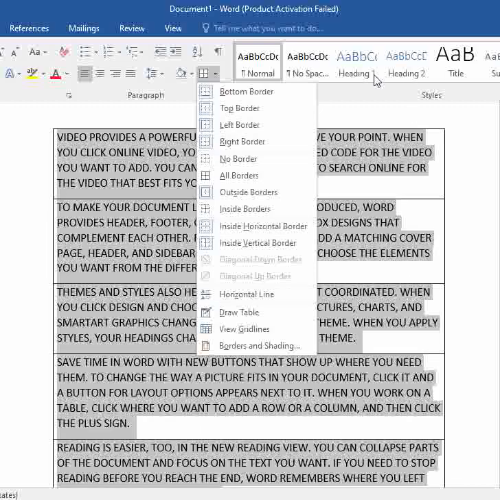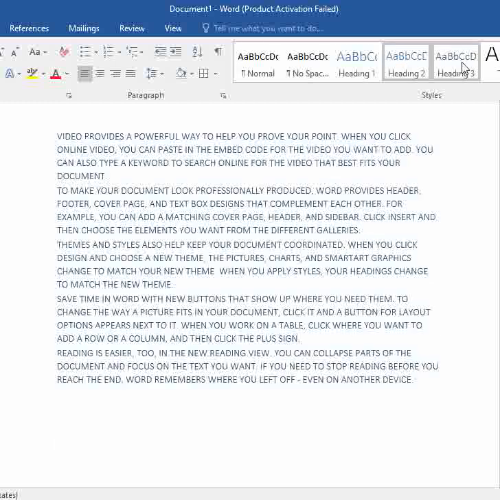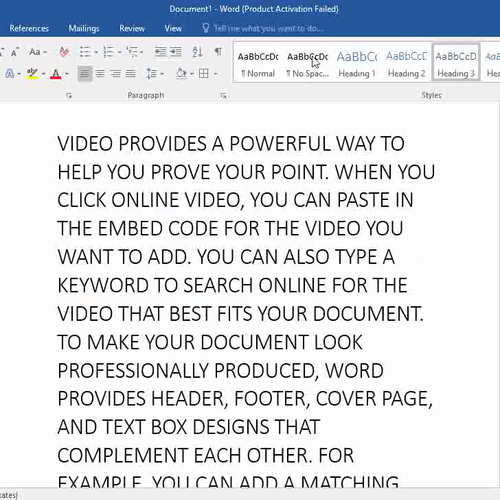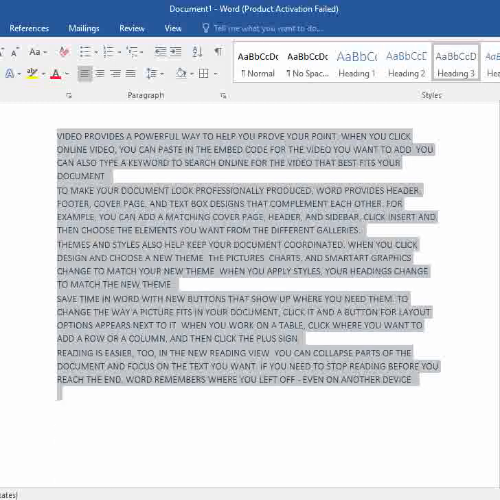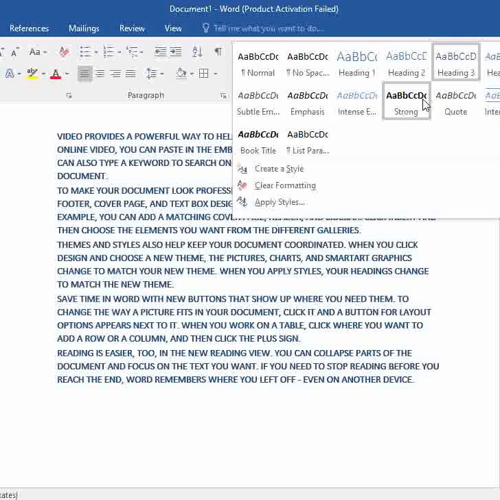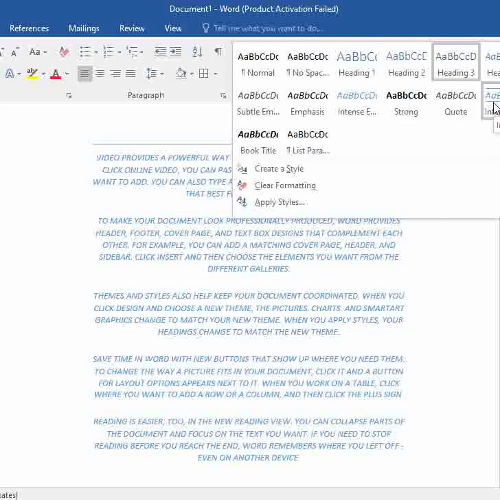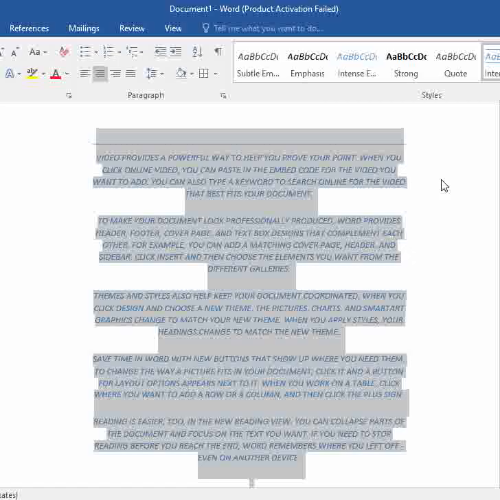Else there's an option of changing your font and everything. You can change it here in style. This is the simple formatting you can do at once. If you want to change the whole thing at once, simply use this format. You can see